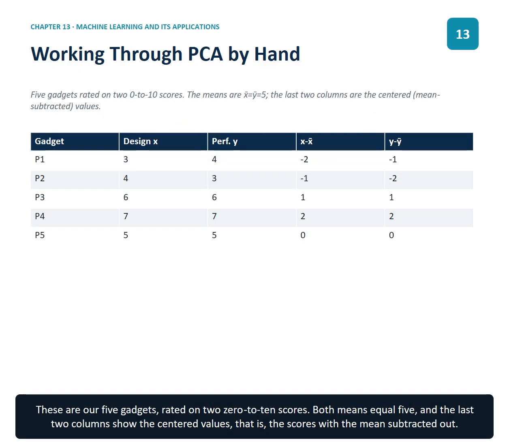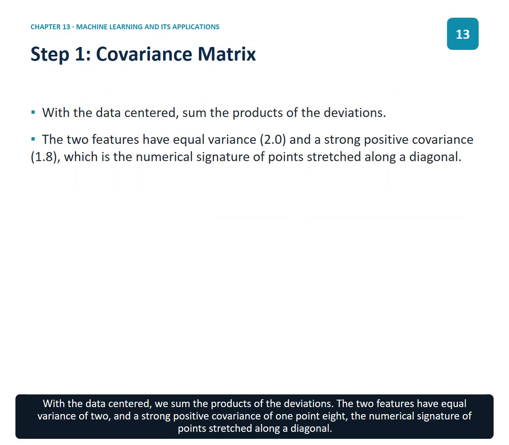These are our 5 gadgets, rated on 0 to 10 scores. Both means equal 5, and the last 2 columns show the centered values, that is, the scores with the mean subtracted out. With the data centered, we sum the products of the deviations. The two features have equal variance of 2 and a strong positive covariance of 1.8, the numerical signature of points